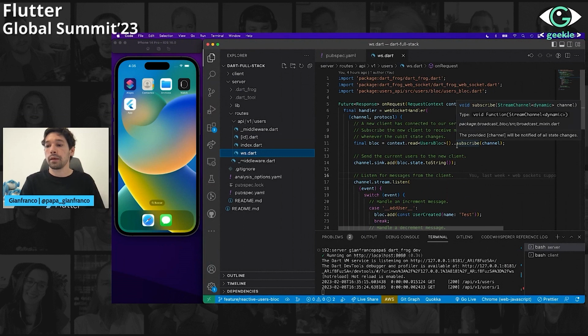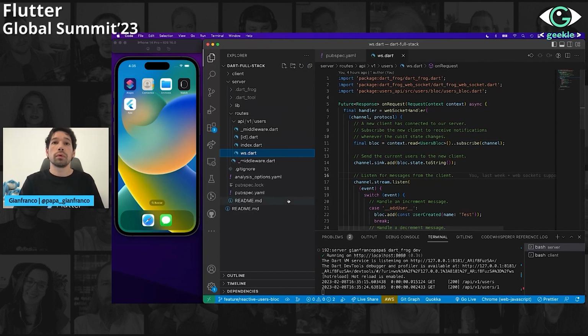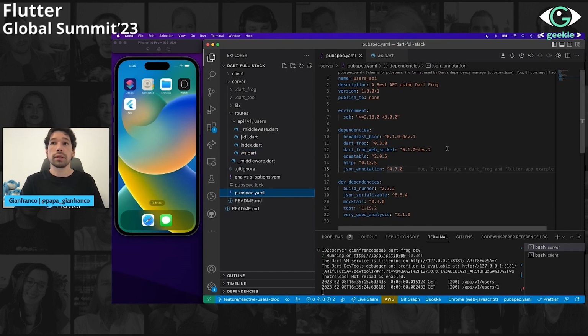So basically, if you would like to incorporate WebSockets to your project using Dart Frog, you will need to first add a new dependency, because the framework is really lightweight, in the sense that when you create the project, it only has the really basic things.